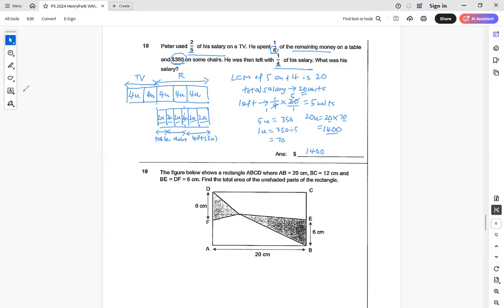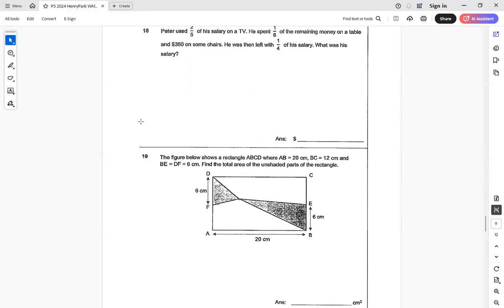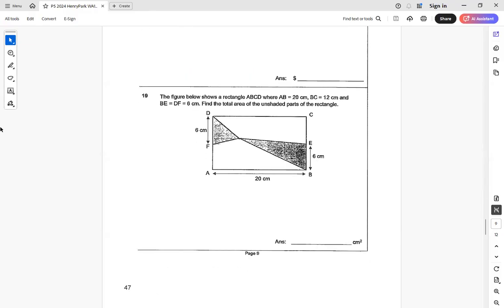Okay, so let's move on to question 19. Okay, question 19, I need more space, so I need to clear my drawings first. Okay, so for question 19,